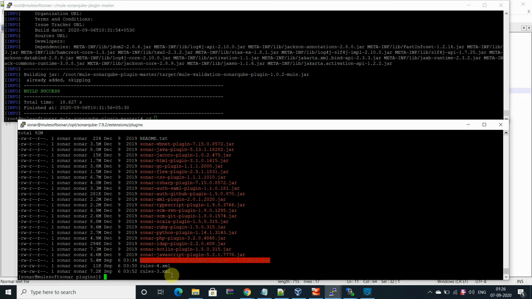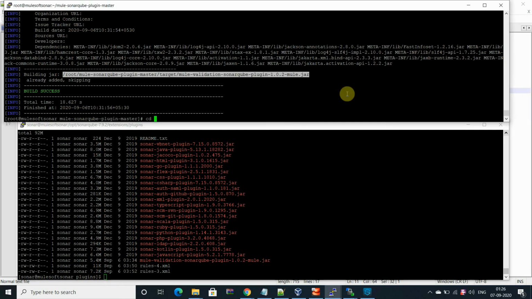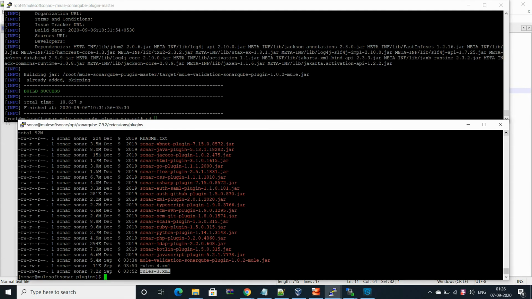Apart from that, you need to copy these two files. Although it may not be required to keep the rule-3.xml file, this jar is expecting both files to be there. Whether either is required or not, I would suggest keeping this one.